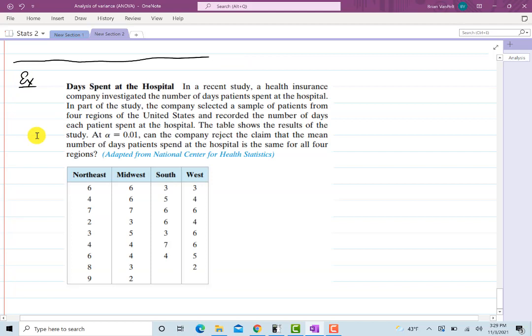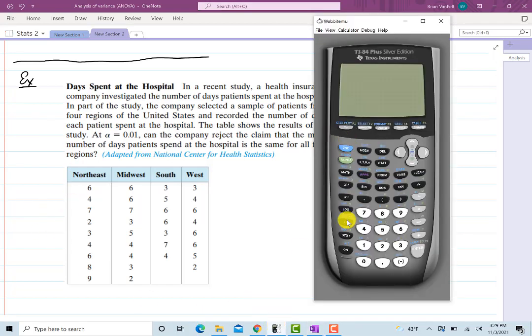Here I'm going to do one last example. This involves hospital stays and how long people are in there. This kind of information is extraordinarily important to insurance companies because they're very strict about the number of days you spend in the hospital for certain procedures. Let me first go ahead and get my data into the calculator. And notice we don't have the same sample size for all of them. That's not important. Go back to Stat, go to Edit,